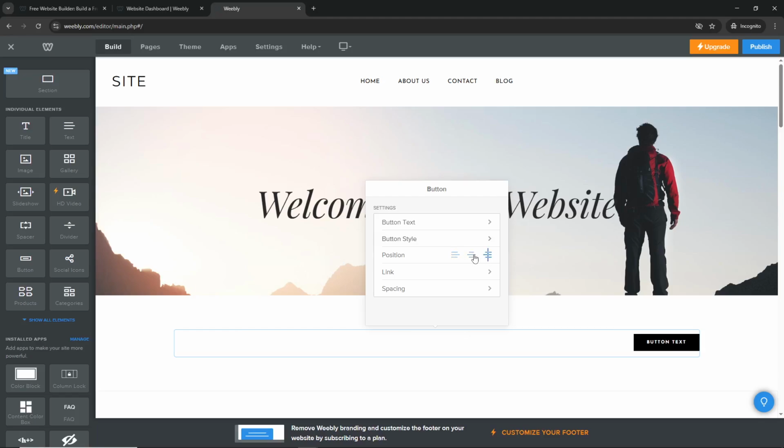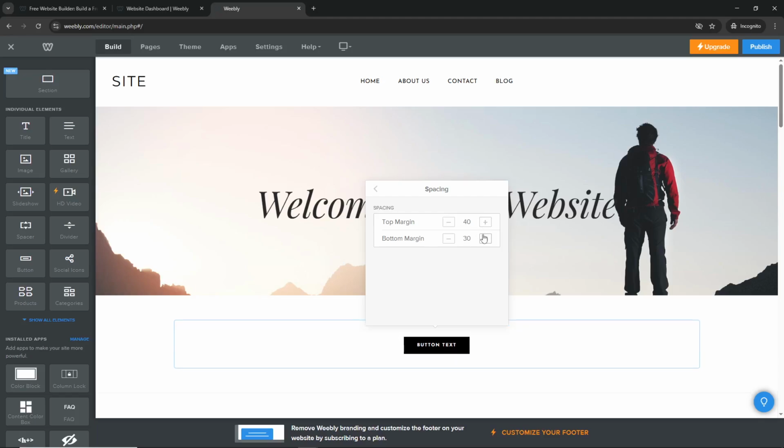see it. If you want your button to actually do something, this is where you add a link. Click on the link option and enter the URL you want the button to direct to, whether that's another page on your site or an external website. Finally, adjust the spacing around your button to make sure it has enough breathing room and doesn't feel cramped. And there you have it, a fully functional button on your Weebly website that's ready to engage your